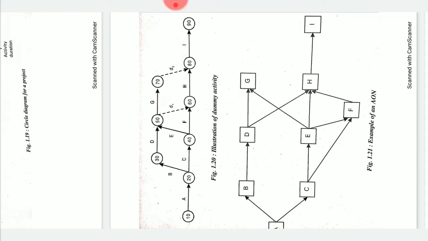The network shown in figure 1.21 presents an example of an activity on node network. It can be noticed that for the same number of activities and similar relationships, AON has not used a single dummy, while AOA has used two dummy activities, that is D1 and D2 in figure 1.2. You can observe in figure 1.2